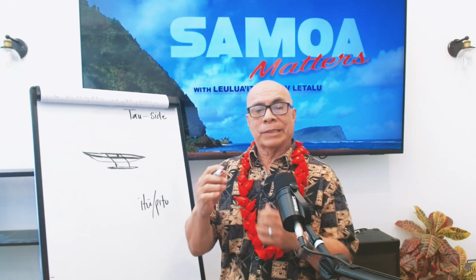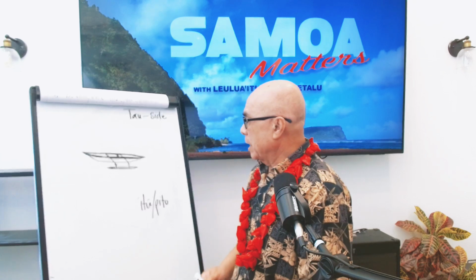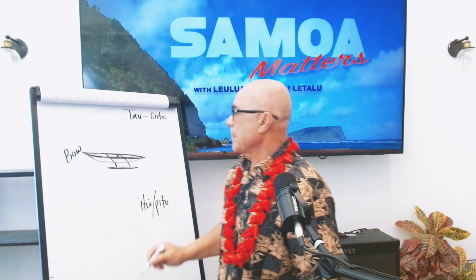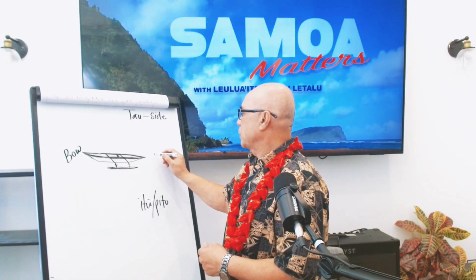So with tau meaning side, let me go ahead and label the sides of the canoe, both in English and Samoan. English first. And English because there are some universal boating nuances and commonalities that are relevant in the overall Samoan analysis. And so we'll start with the bow. The front, the stern,